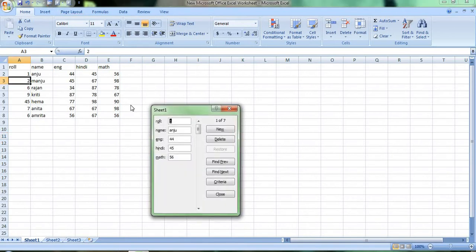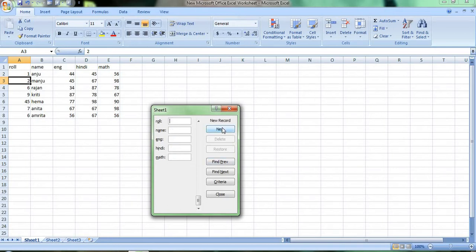See, first roll number 1, Anju. In English she got 44, in Hindi she obtained 45, in math she obtained 56. And if I have to create a new record, see, it will automatically come at the end of the database.